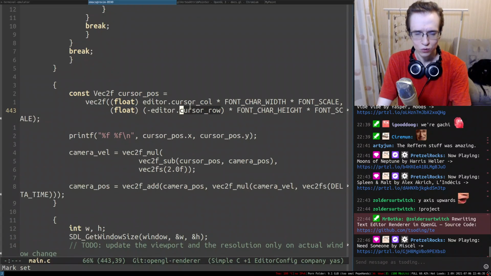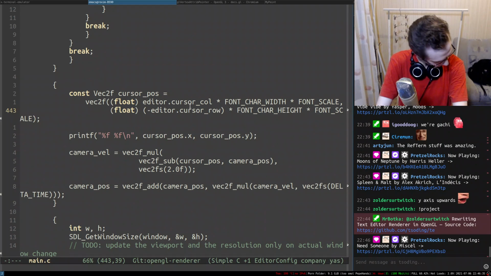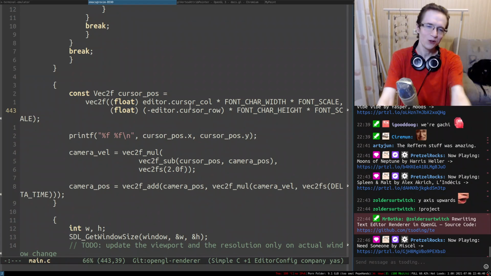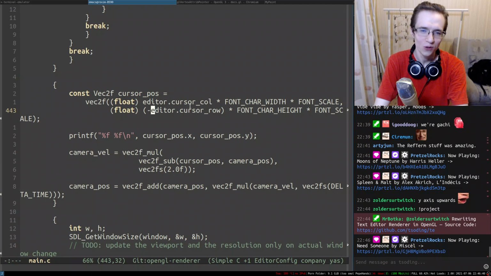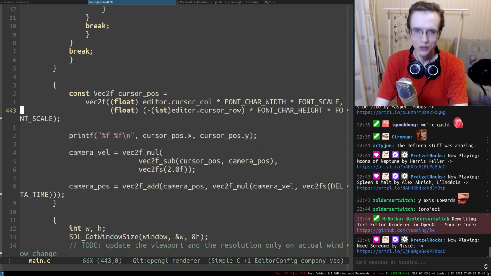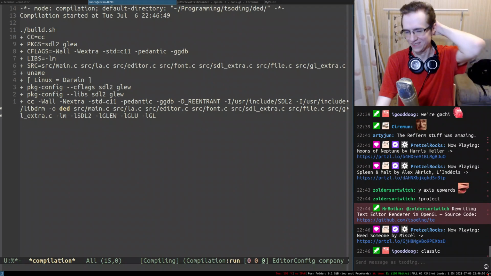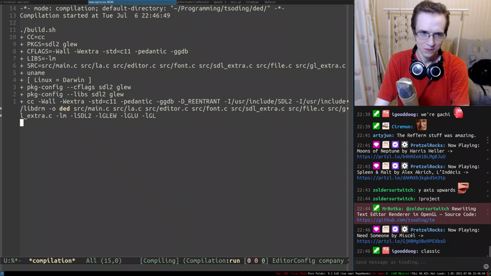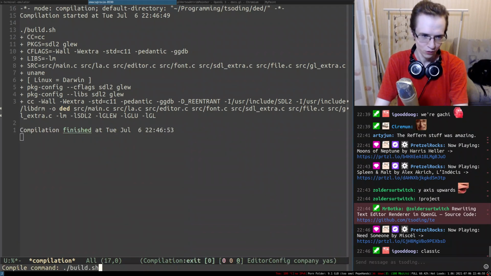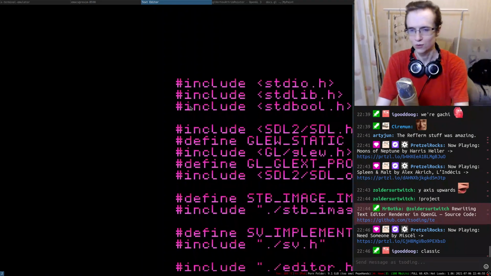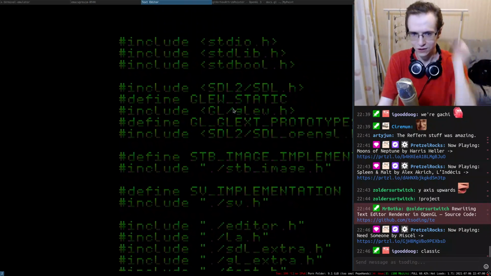So the cursor row is size_t, of course, freaking of course. So the first thing I need to do is convert it to integer. Freaking classic. The Rust borrow checker would have caught that, by the way. Yeah, now it works perfectly. So now we can navigate here.